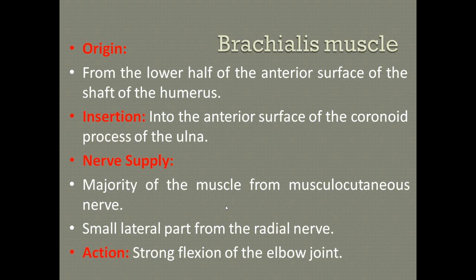It will take the origin from the lower half of the anterior surface of the shaft of the humerus, and it will take the insertion into the anterior surface of the coronoid process of the ulna. Now, the majority of the muscle is supplied by the musculocutaneous nerve, which will innervate the brachialis muscle, and a small lateral part from the radial nerve also innervates the brachialis muscle, and the strong flexion of the elbow joint is the action of